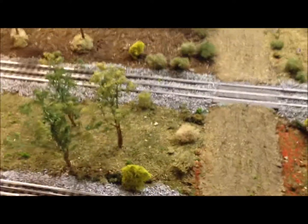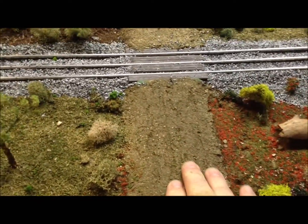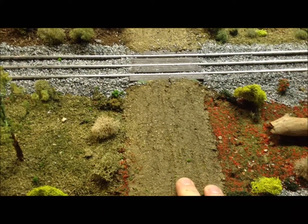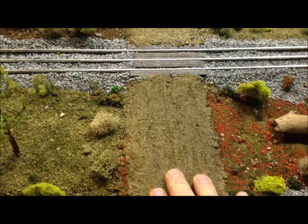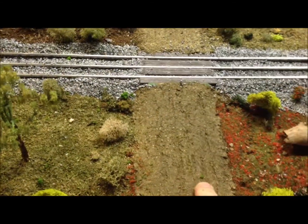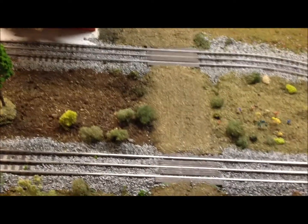Now, just to start off, I just want to show you where the Accu-scene Groundcover is. Here's the road built with that, and the Accu-scene Groundcover is just glopped down with the offset spatula. It's smoothed out, allowed to dry, and then about 4 hours later I come back and put some tire tracks in the road to make it look more realistic. And then the ground cover takes a total of about 2 or 3 days to dry, depending on the humidity in the air. And that's what your road will look like